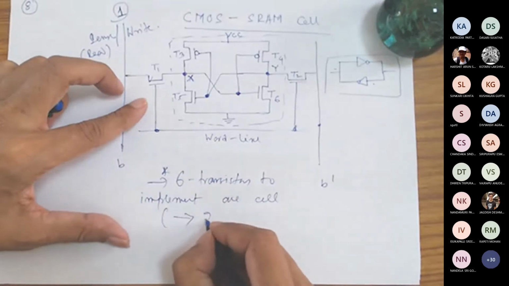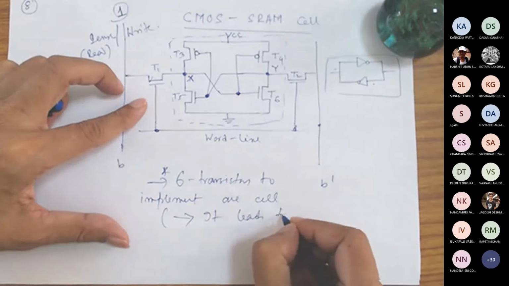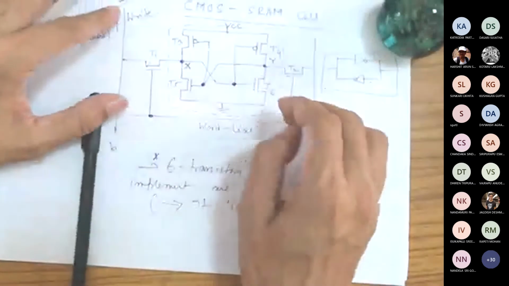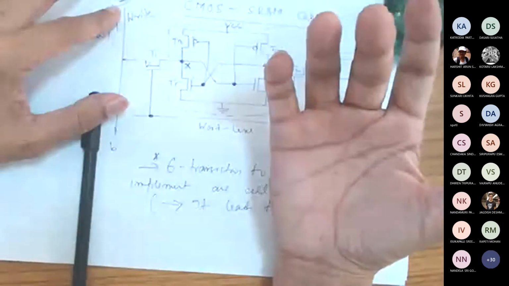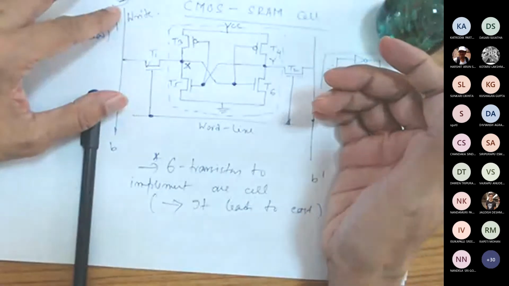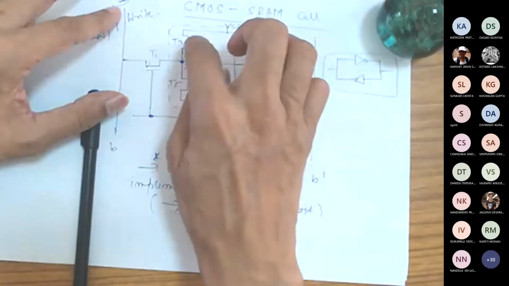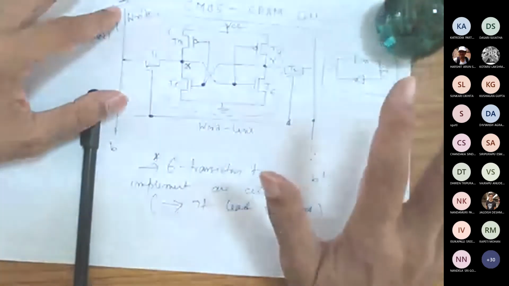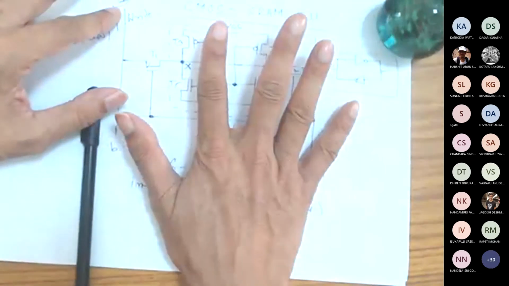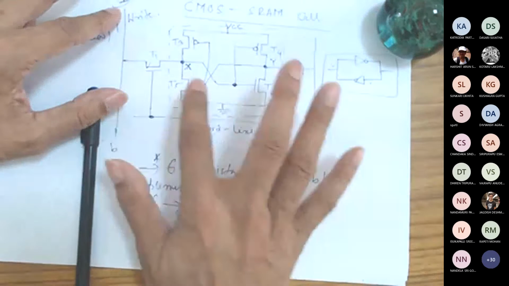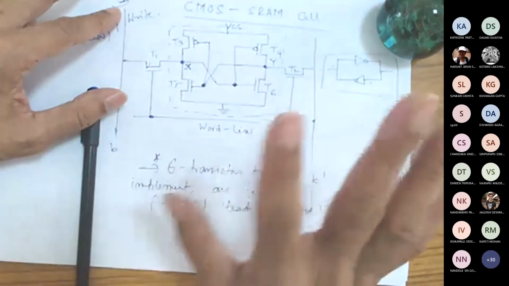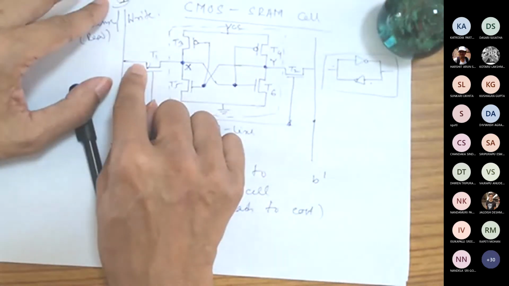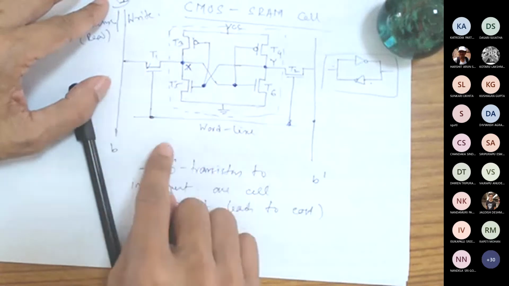And that leads to cost, because putting these transistors in such close areas also requires complex circuits, complex designing, all these things. Not only the cost of the equipment, but also the cost of the design and its fabrication, everything is involved. That's why this is a costly design. But this is fast because these are purely transistor based. What will be the reading delay? The reading delay will be this transistor delay, only the time required to activate this transistor.